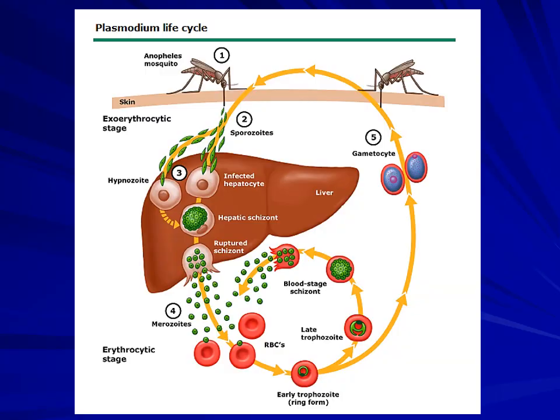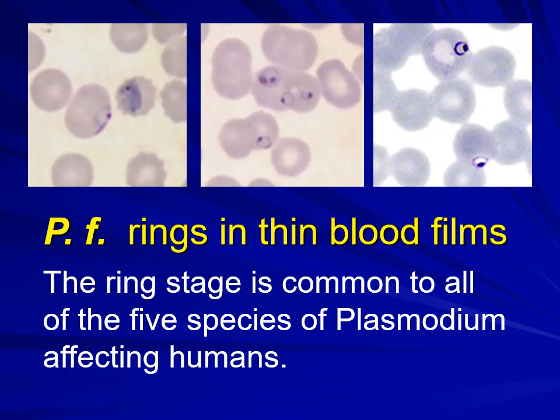And this is the life cycle of malaria. First it goes to the liver, and then it goes to the RBCs in the blood to produce symptomatic malaria, which I said we'll come back to later. But you can look at the slide. This is very interesting and quite true. This is on a peripheral smear.